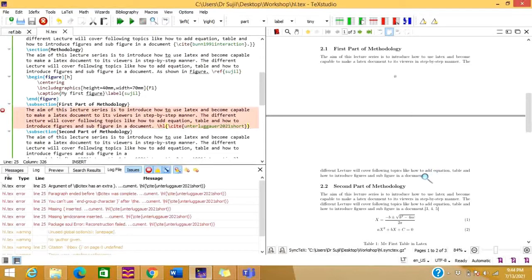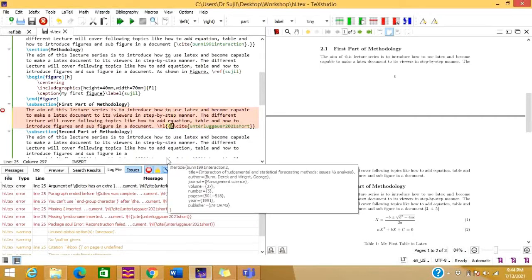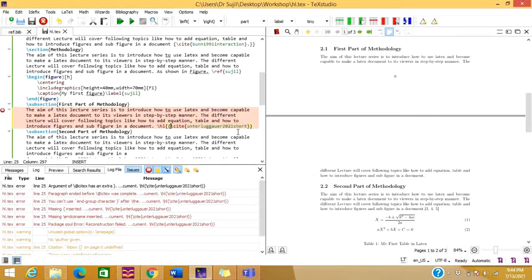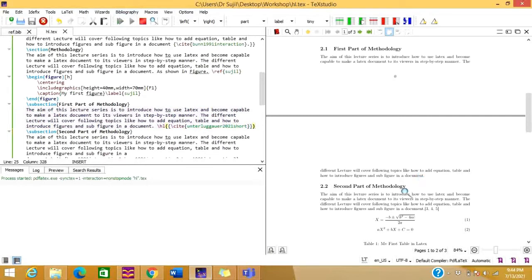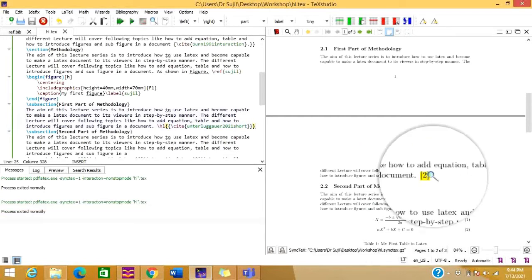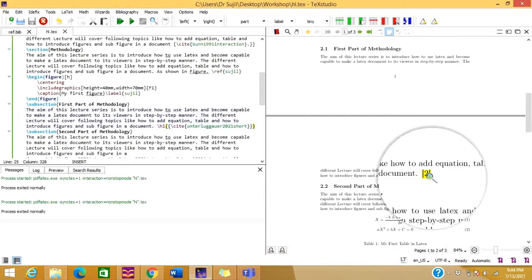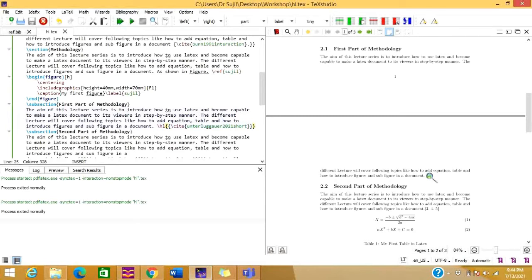Here also you will face the same issue. For rectifying that, you need to give one more bracket like this, as we explained in the previous case, and run this document. Here you can see that only this number 2 reference has been highlighted.